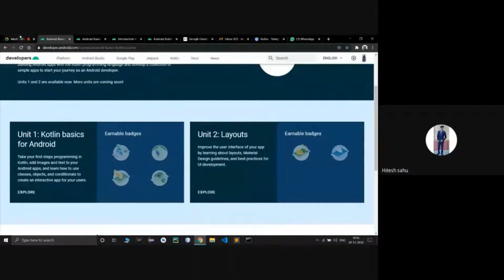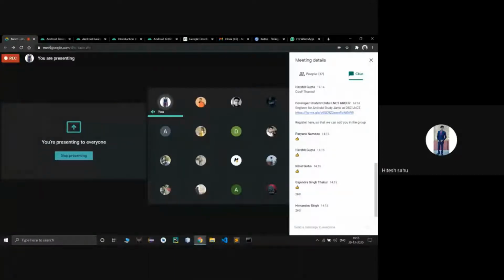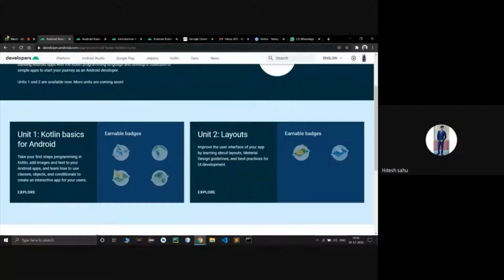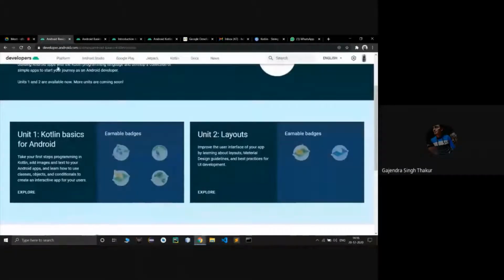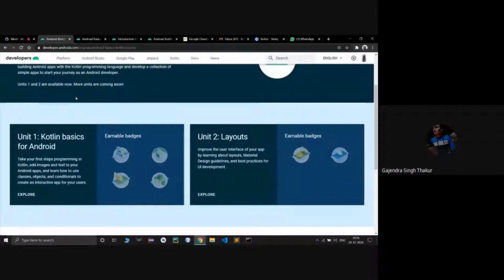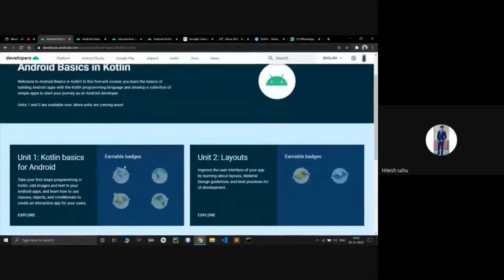Okay, you have started from the basics now. Have you directly started Kotlin or have you already done Java? I'm a beginner. Okay, so for beginners, it is good. And have you downloaded Android Studio? Not yet, but I downloaded it previously and uninstalled it because of a laptop issue. Okay. So have you seen the UI of Android Studio?